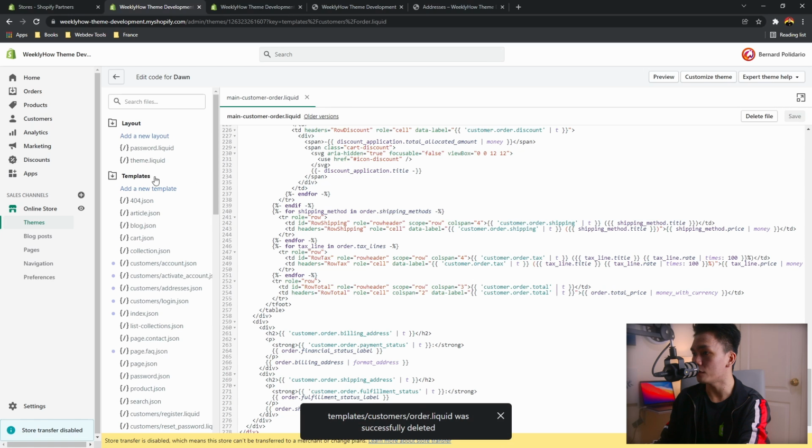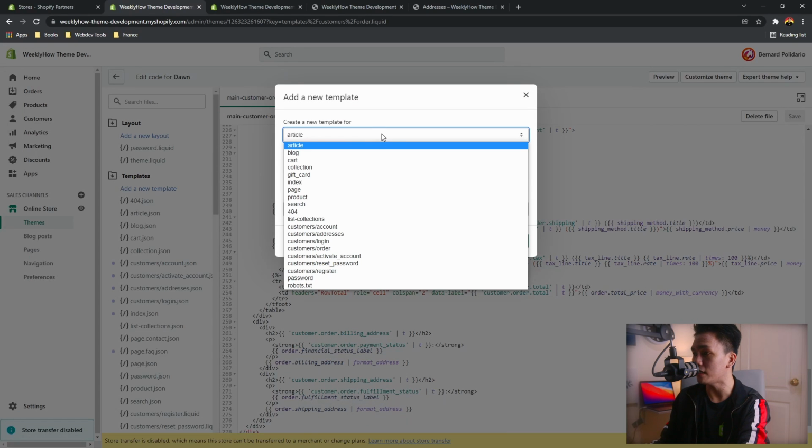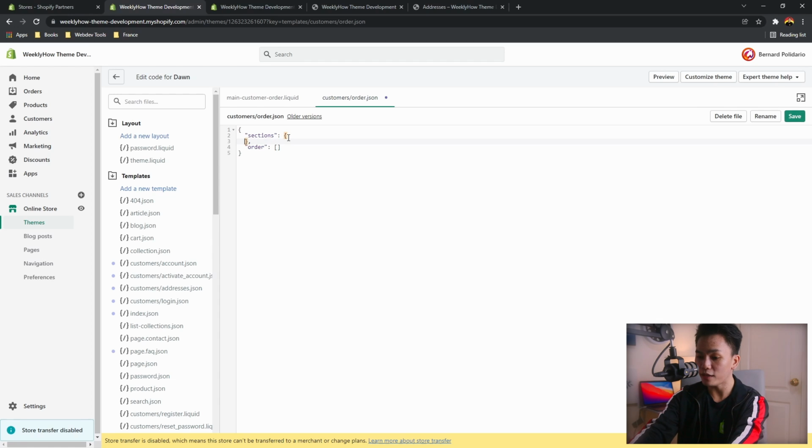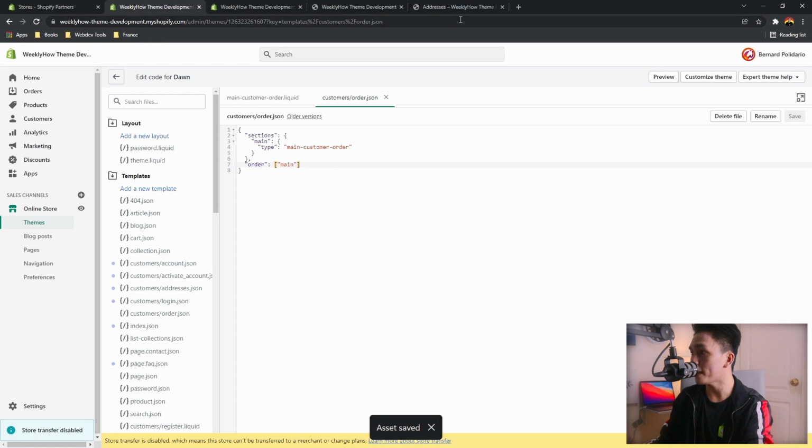So here in the templates folder, create a new template file, and then it should be for the order, so customer's order, and the template type is set to JSON. Create the template, and then I'm assuming you already know what to do here. Create a new section ID, call it main, and then the object, create the type, and reference the file called main-customer-order. And then you reference the section ID here in this array for the order. So main. Save the file, and then go back to your account,